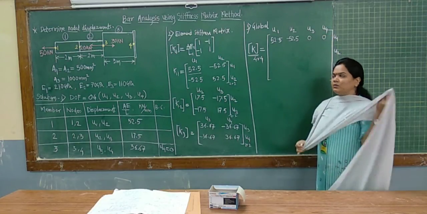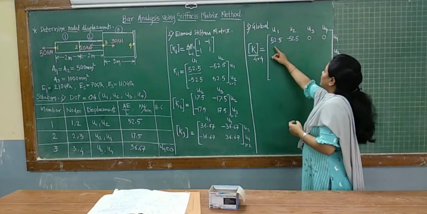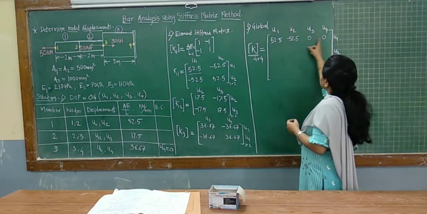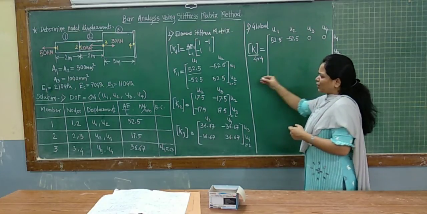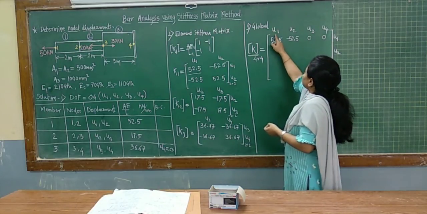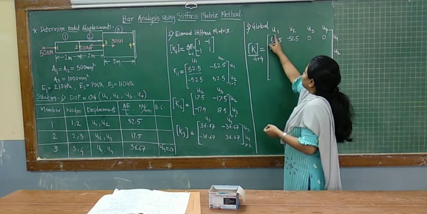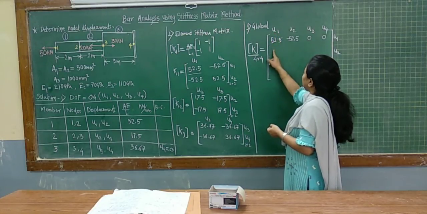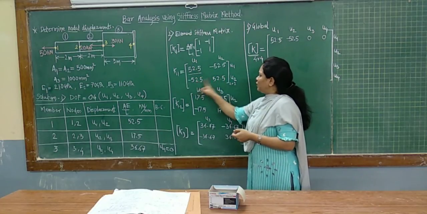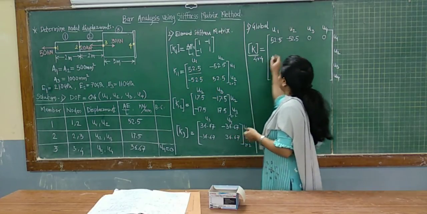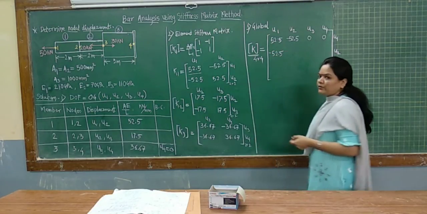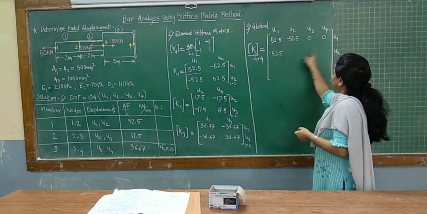Okay. Now the second row here. So this stiffness matrix is a symmetrical matrix. So these elements on this side will be the same. If you calculate from this, it is also okay. But still we will see here this second row. The first element is related to the displacement U1 column, U2 row. So pick that element from this matrix, that is minus 52.5.